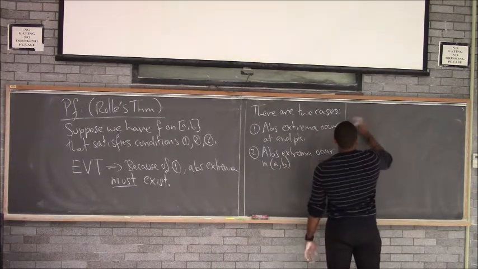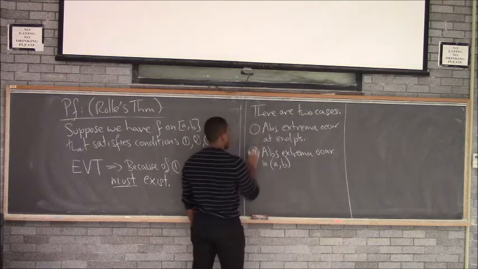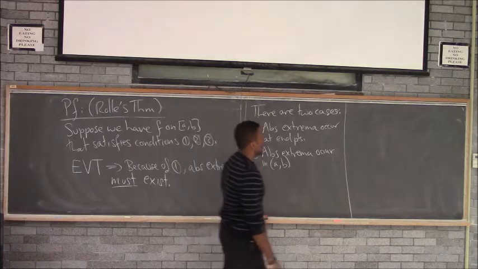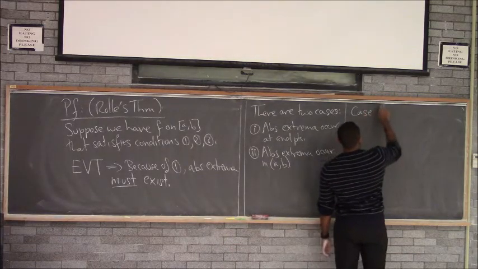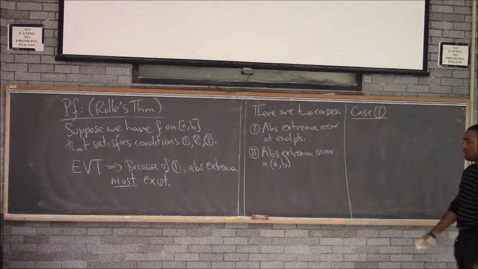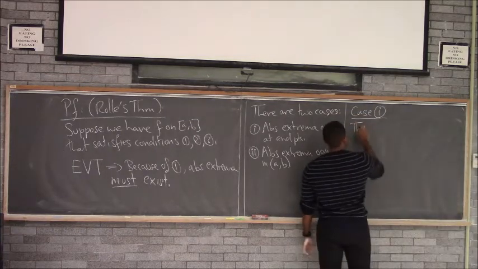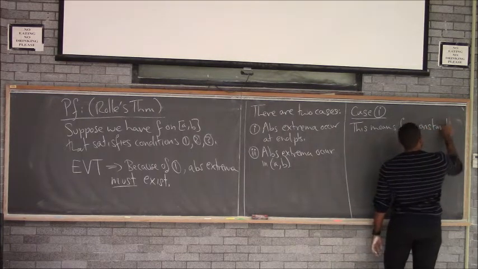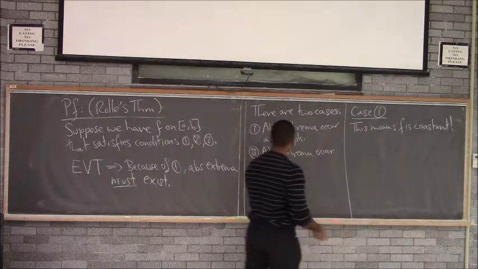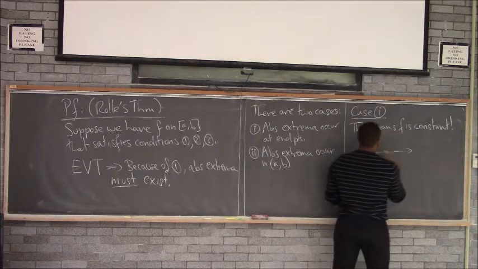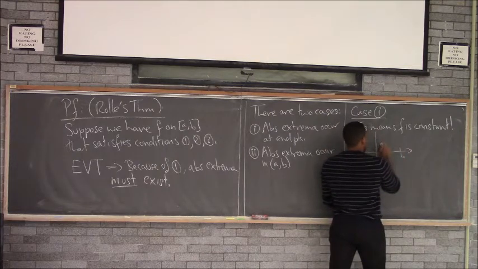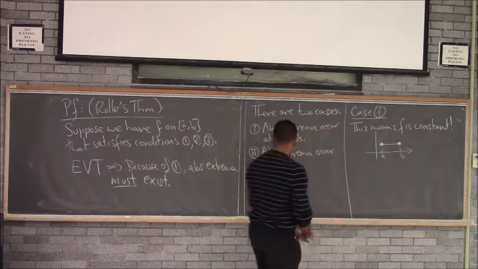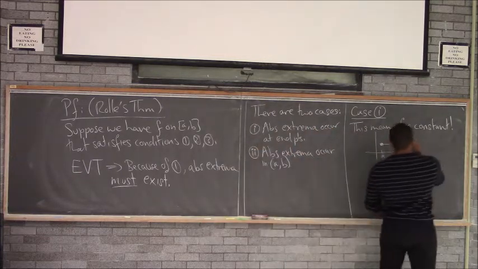Let's look at case 1. Let's actually write these as Roman numerals, I and II. Let's look at case I. Case I will actually mean that f is constant. Why would f have to be constant in case 1? Well, that's the only kind of function where the max and min will occur at the endpoints and still be continuous and differentiable. If your max and min happens here,